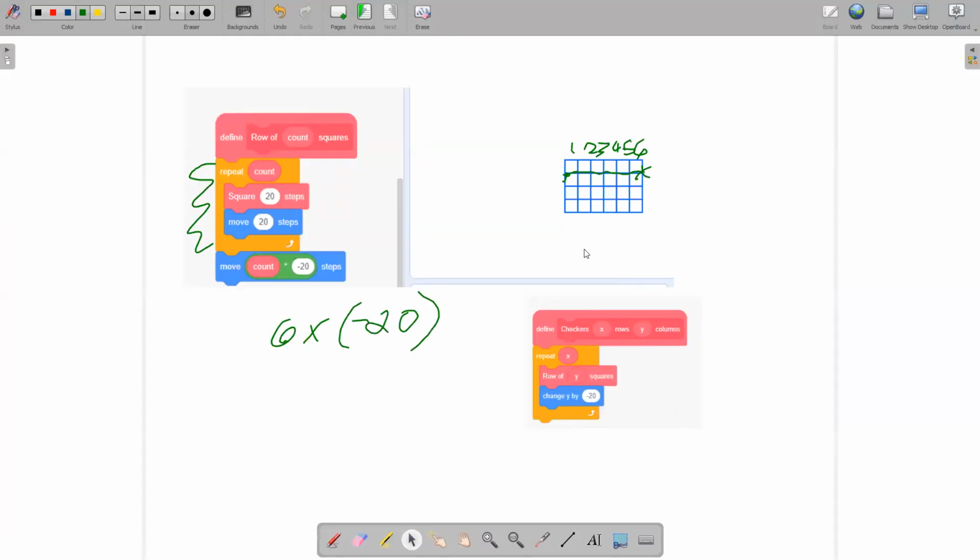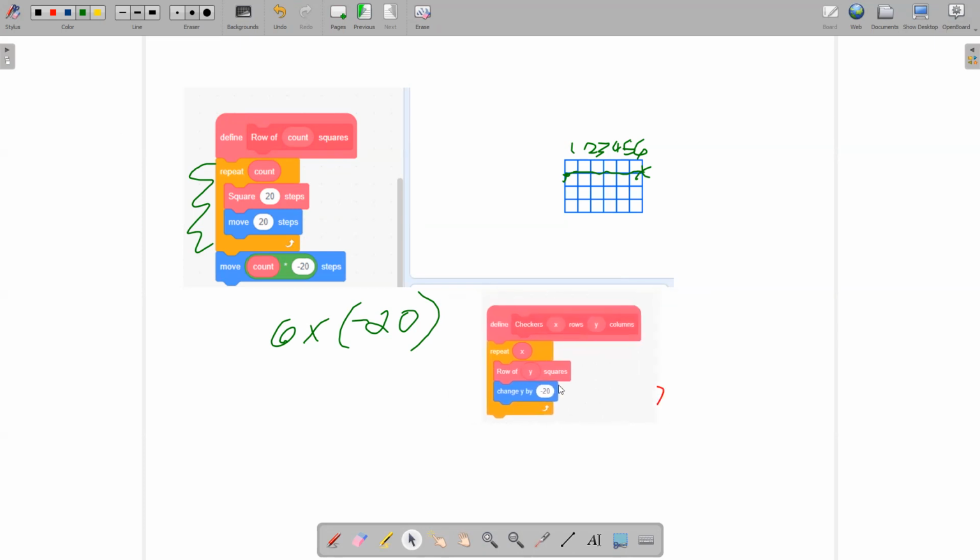Let's see, where did I put my notebook? There it is. Okay. Yeah, so this one down here, so this is what you're getting at. Let's get a blue pen, maybe. That right there, after it draws a row, it's changing Y by, so this one said go left as many times as you need to. This one says drop down by -20. But if we want to change the orientation, what do we really want to do there? Change X by a certain amount. So